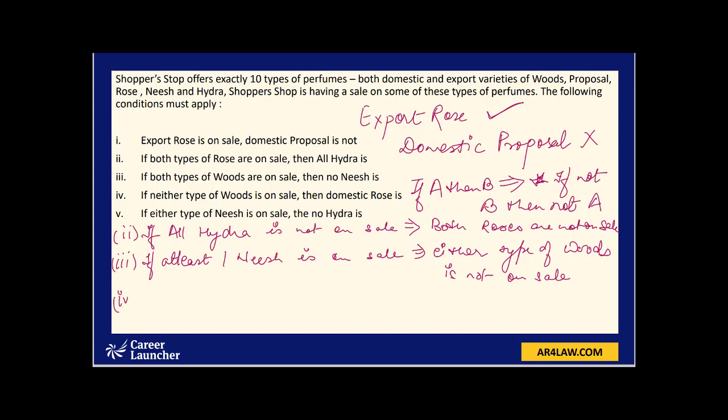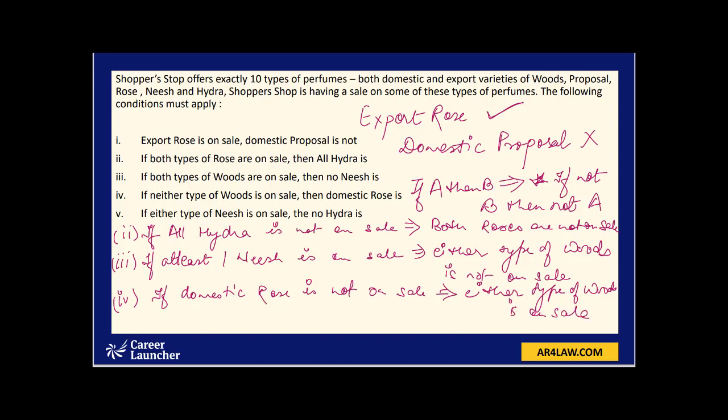Fourth one: if neither type of woods is on sale, then domestic rose is. So if domestic rose is not on sale, this will lead me to conclude that either type of woods is on sale.